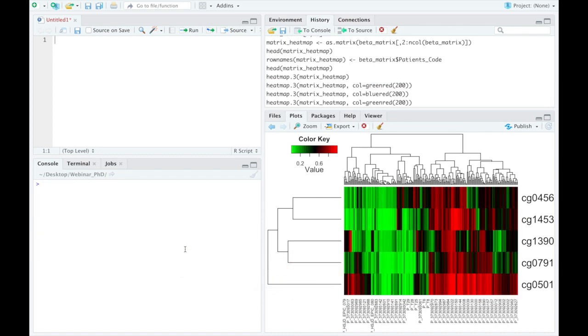Let's clean this. But I said that we wanted to eliminate this dendrogram because it's not very informative, really. We only need this one. So we add a new argument here. They are asking for